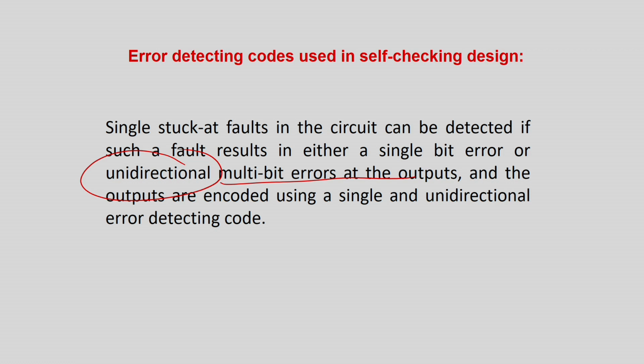Here one thing is very important to understand: I can do online testing and I can go for detecting multidirectional errors, bidirectional errors, everything. But if for a circuit of size x I am putting another circuit of size 10x or something to detect the errors online, then it is not a very good attitude. It is like killing a mosquito with a cannon. You have a circuit whose size is x, so you have to use a slightly smaller circuit, or at least one with a much lower area than x, which can detect online errors in it.